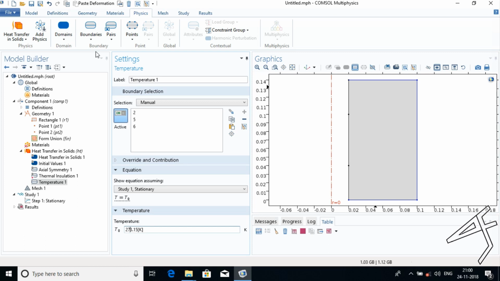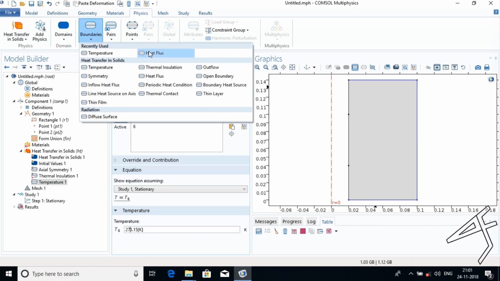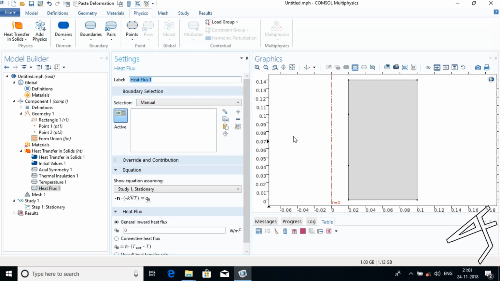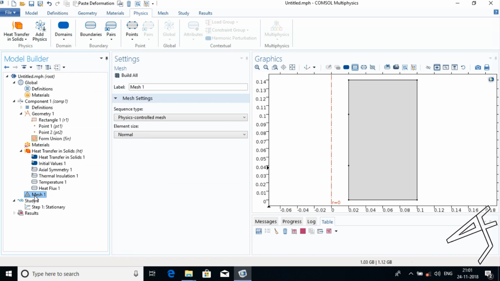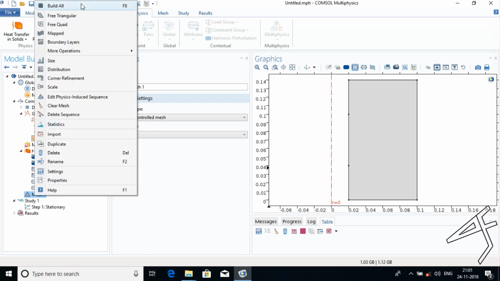Kelvin. Again choose boundary, under boundaries choose heat flux. For this heat flux choose the center boundary known as boundary 3. Now in this Q0 value type 5E5, that means 5 into 10 to the power of 5 watt per meter square. Now since all the physics parameters are done, I'll just right click mesh and give build all, so